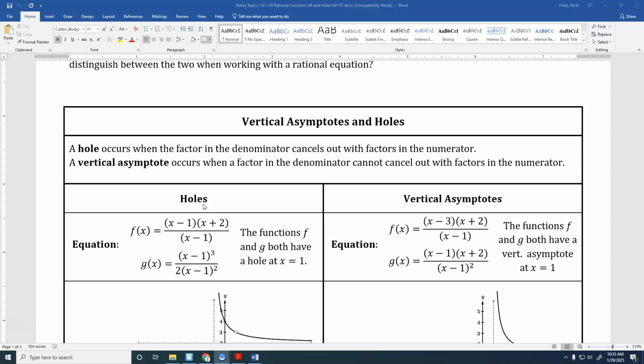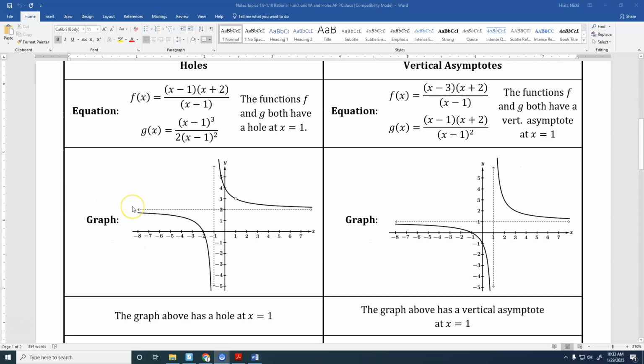So vertical asymptotes and holes are going to be the opposites. They always come from the denominator. So your holes or vertical asymptotes always come from the denominator. You need to look at the numerator to decide if it is a hole or a vertical asymptote, but they always come from the denominator. So, for example,